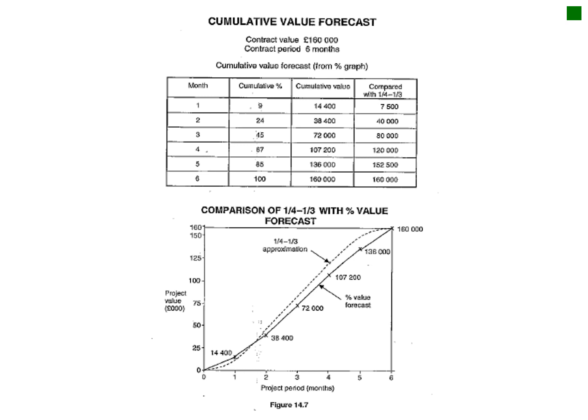On a 6-month project, you estimate that you will spend 9% within the first month, 24%, so it is 15% on top of the 9, so this is cumulative, and then you go to 45%, then 67, and then 85 up to 100. So very easy. Then you just plot your expenditure on your graph, and you draw in your graph to get to your percentage